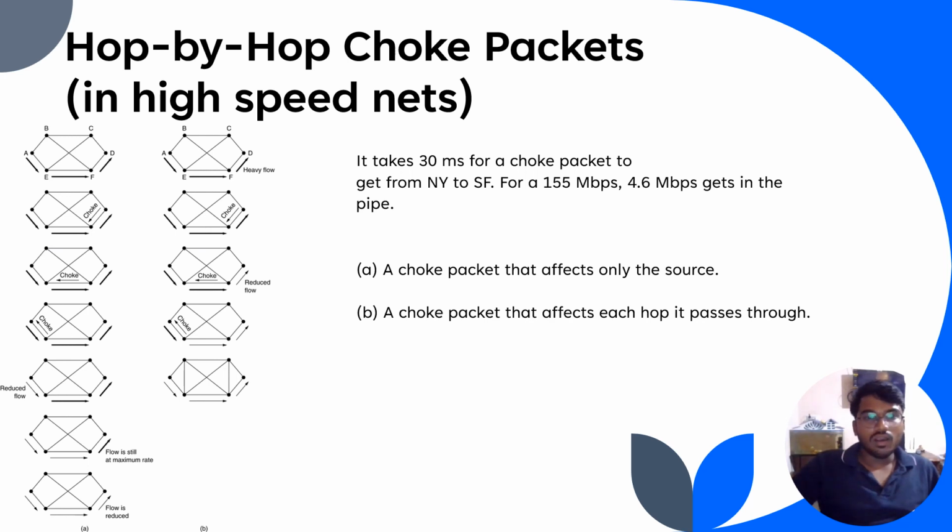A, a choke packet that affects only the source. B, a choke packet that affects every hop it passes through. As you see in this picture, the flow goes from A path to E path, then E path to F path to D path. You can see. And moving on to the next slide,